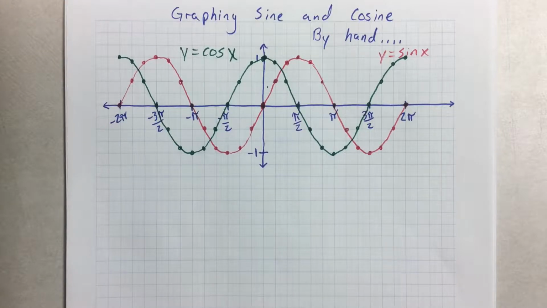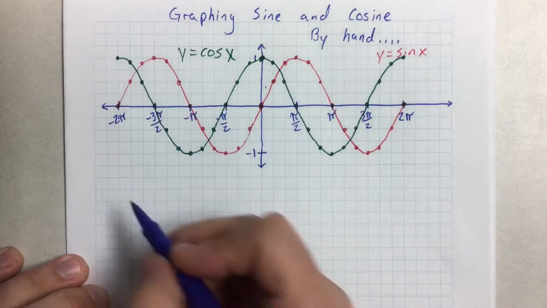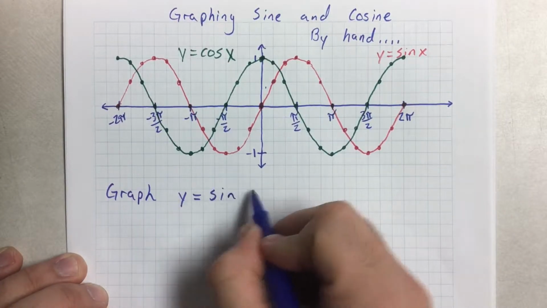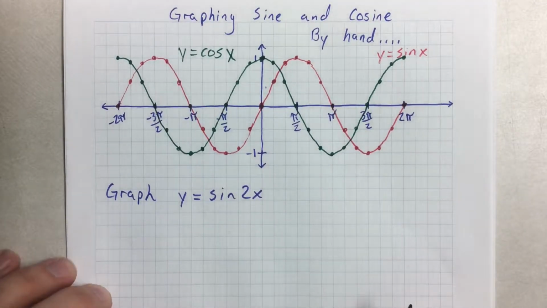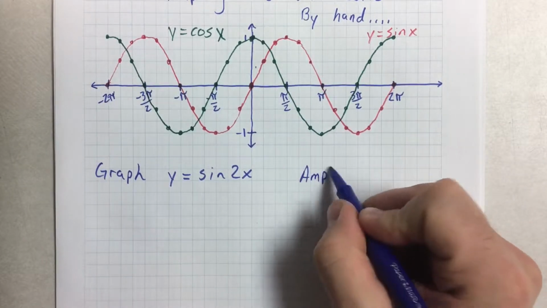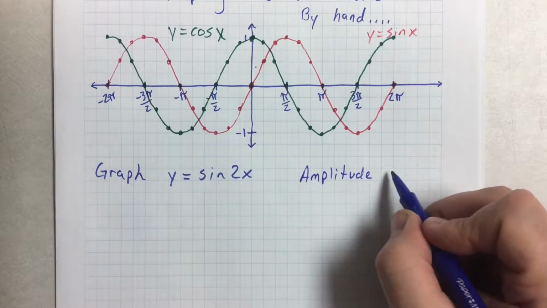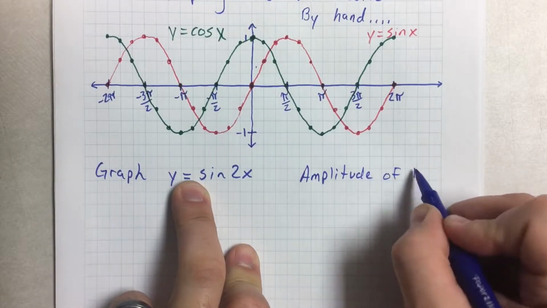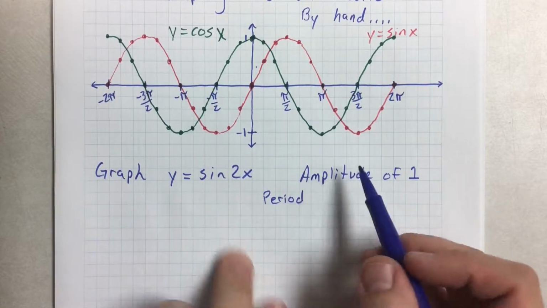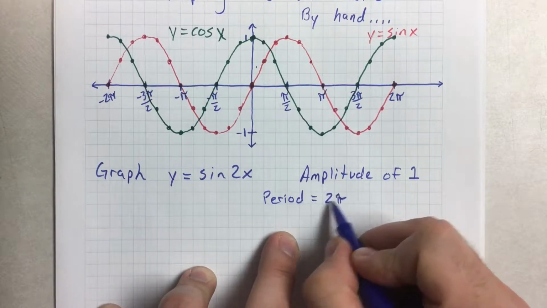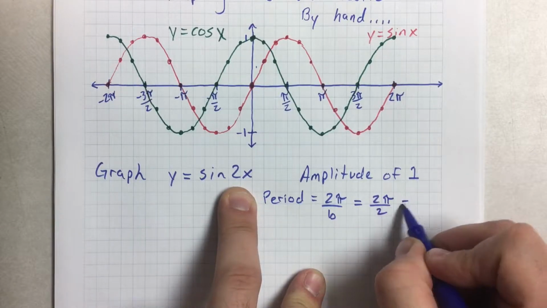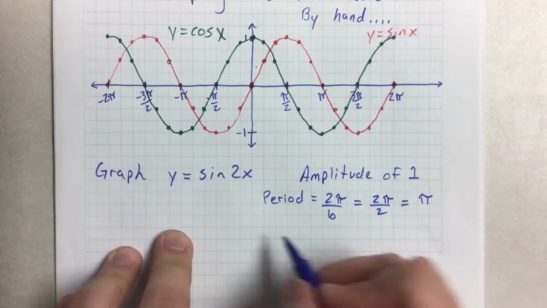So jumping right into our problem. Let's say we want to graph y equals sine of 2x. To begin with every problem, let's identify the amplitude, as that will most likely be the easiest thing to see. So our amplitude here is 1. Now let's identify the period, the distance needed to complete one cycle. That would be 2 pi divided by b, as we recall, and b is 2. So our period is a distance of pi, which would make our interval